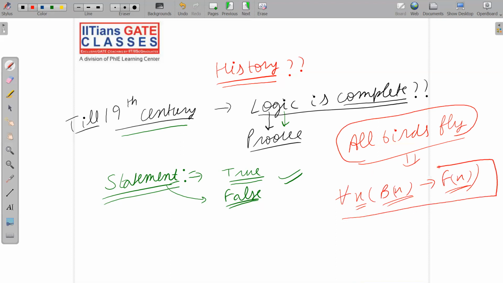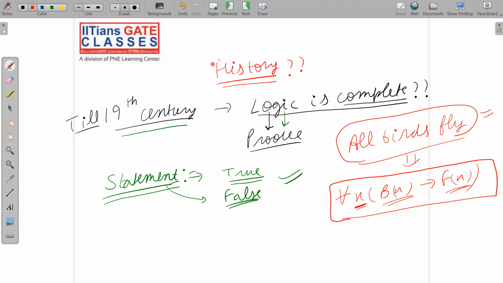Now listen carefully. Obviously we can convert any English statement to a logic statement, but when we have this logic statement, how will we prove that it is true or false? The simple logic is: for all objects in this universe, if you want to prove it false, you have to show me a bird which does not fly. Then I will say that obviously this statement is false. And to prove that this statement is true, you have to pick each and every bird in this universe and show that it flies. Like this we can roughly prove the statement is true or false.